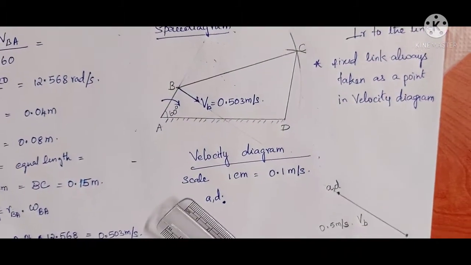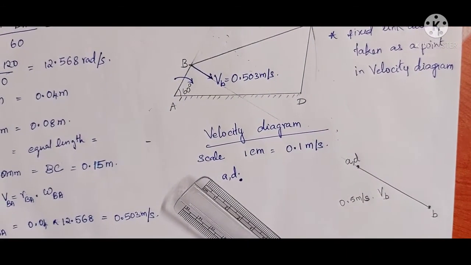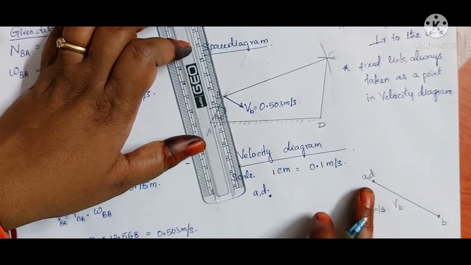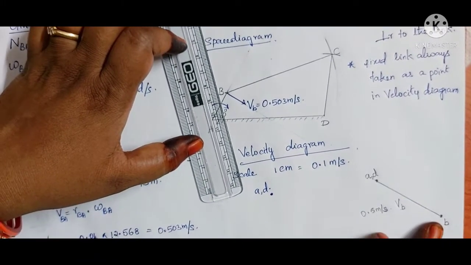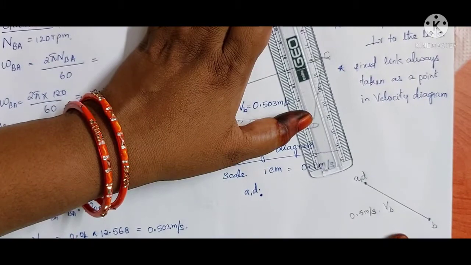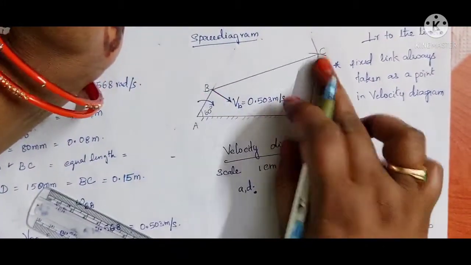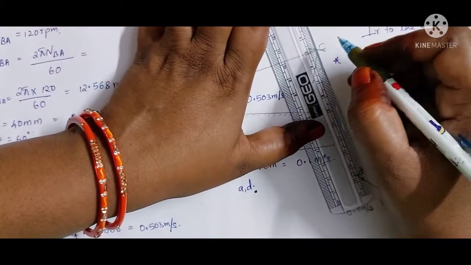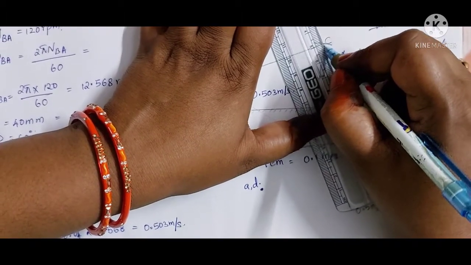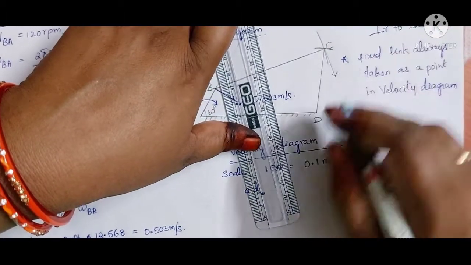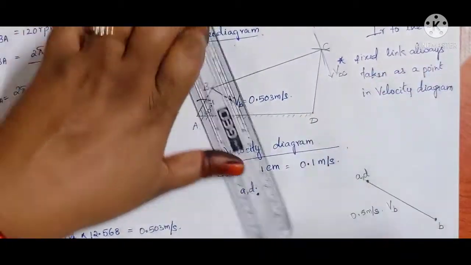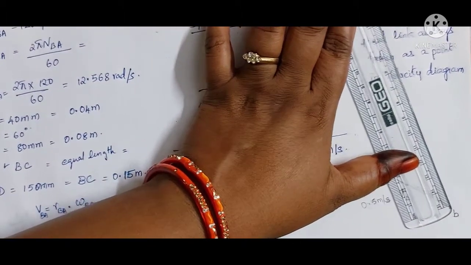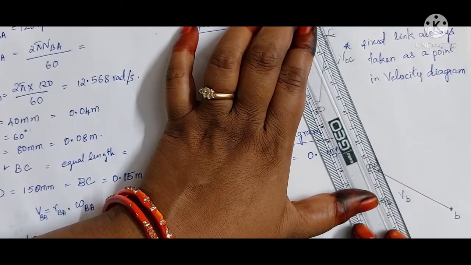Now we need to find out the remaining link velocities. I always told you that velocity is perpendicular to the link. So now AD is the fixed point, and the B point we found with respect to the given velocity. Now we need to go for this BC link. Perpendicular to this BC link, whatever line you get, that is your link velocity. So now I am drawing this in this way. This is the link velocity VBC. This same line you just drag in this way directly and now mark the line here.